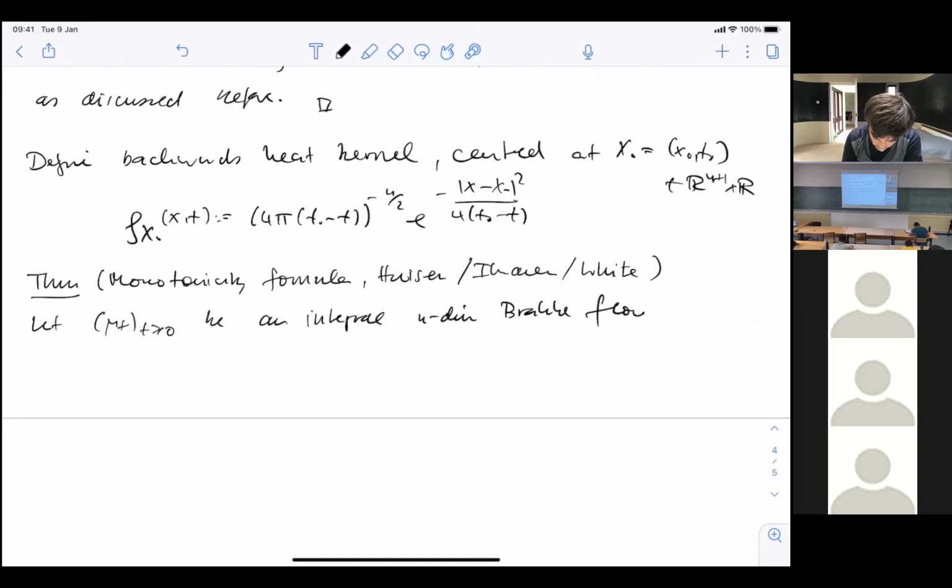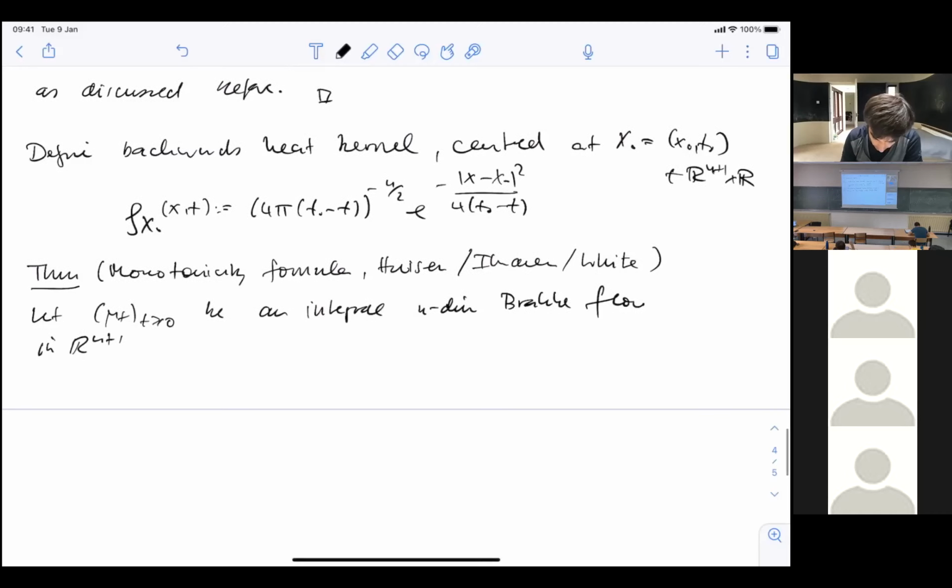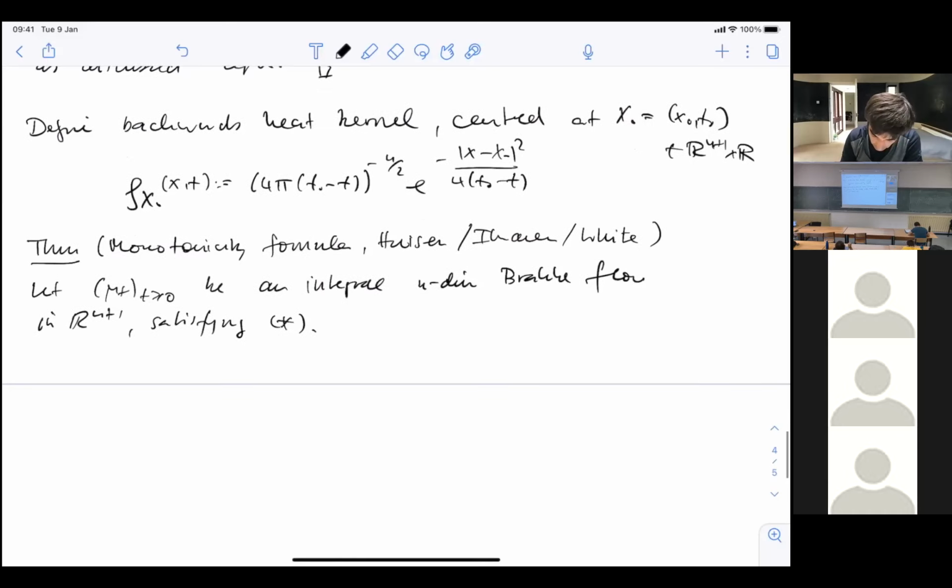Brakke flow in R^{n+1}. It works again in any codimension, satisfying (star). So we want to have an initial control on the area ratios. Then for all 0 < T1 < T2 < T0,